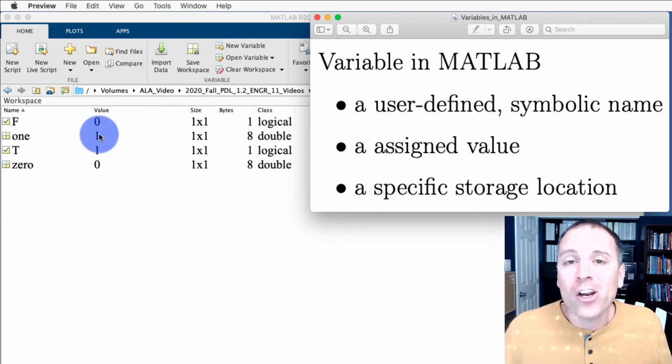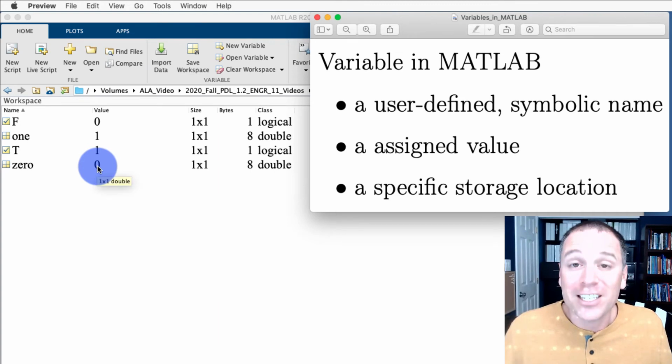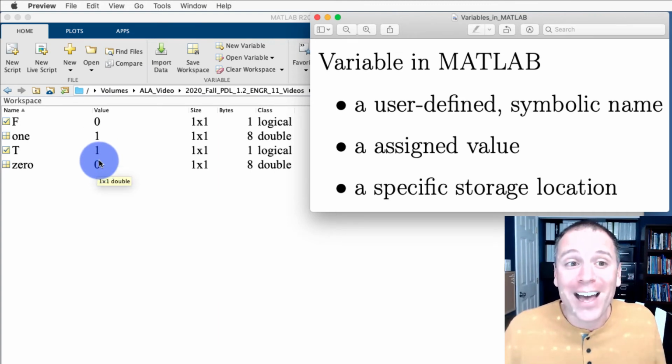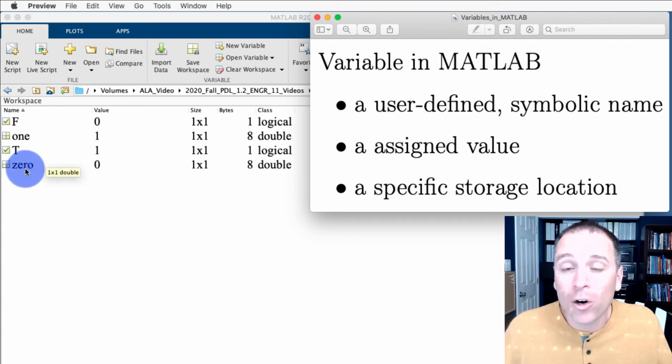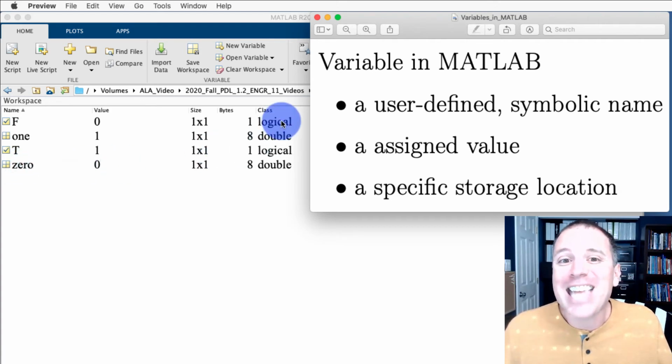What we're seeing here is that 0 is not equal to 0. This is a strange concept in computer science that kind of defies the rules of mathematics. The 0 stored in the capital F variable is not the same 0 stored in the lowercase 0 variable because the data class used to store it is different. We're going to have so much more to say about this throughout this class.